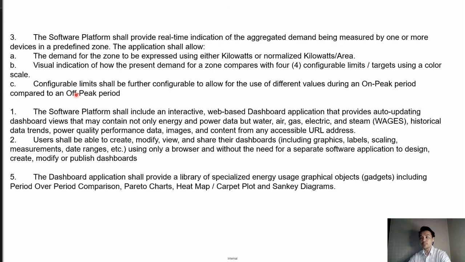So here are some of the specification guidelines. The software platform shall provide real-time indications on aggregated demand being measured by one or more devices on predefined zones. The application shall allow the demand of a zone to be expressed using kilowatts or normalized kilowatts per area. Visual indication on how the demand for a zone compares to 4 configurable limits, target using colors, scales. Configurable limits shall be further configurable to allow the use of different values during on-peak periods